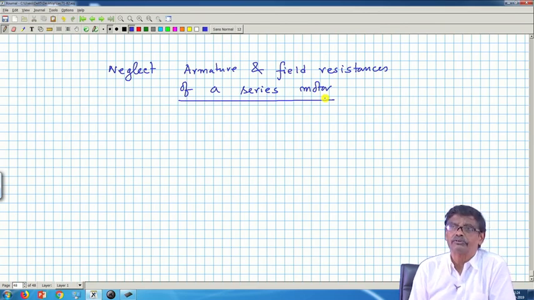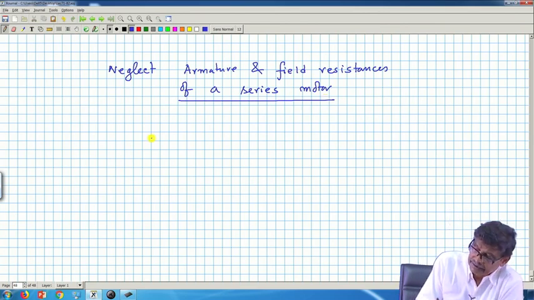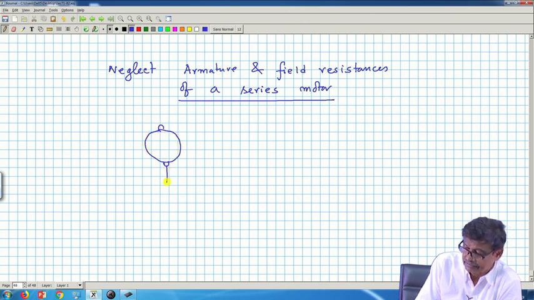Suppose you neglect those resistances. I say that a series motor is connected like this,